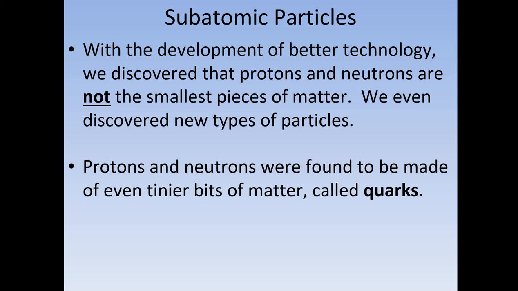Now, these subatomic particles, the protons and neutrons, were actually made up of subatomic particles. They're called quarks. So those little tiny pieces that make up the protons and the little tiny pieces that make up neutrons, we give them a special name called a quark. Now, it turns out that the electron still is not made up of anything. So that still holds true that the electron, as far as I know, is still pretty much the